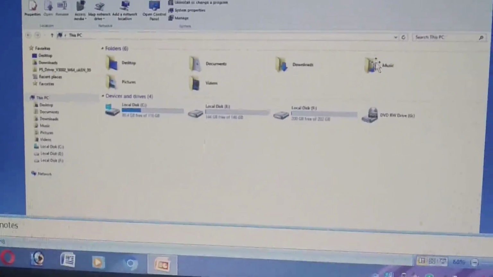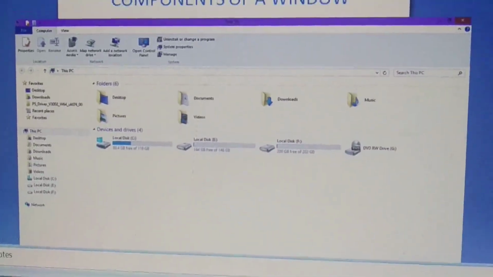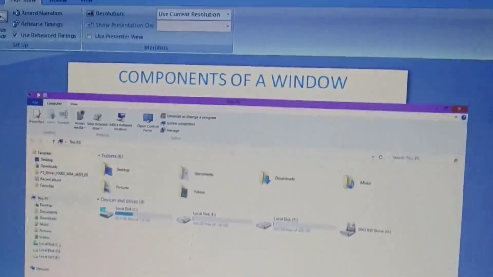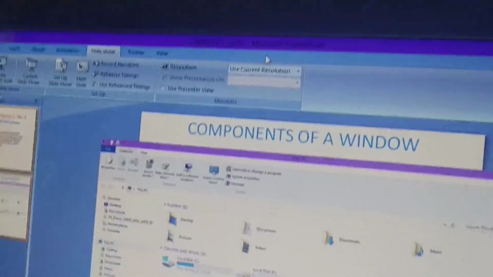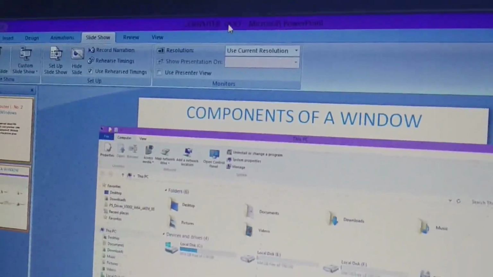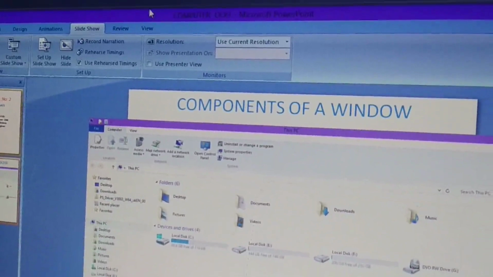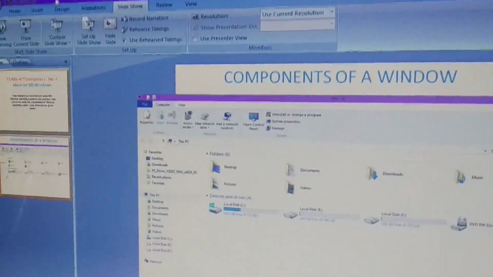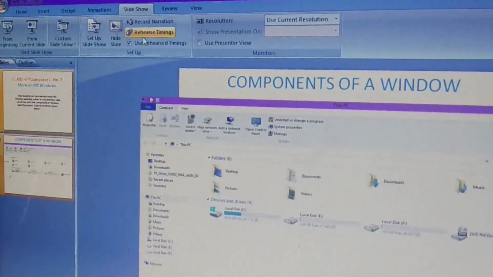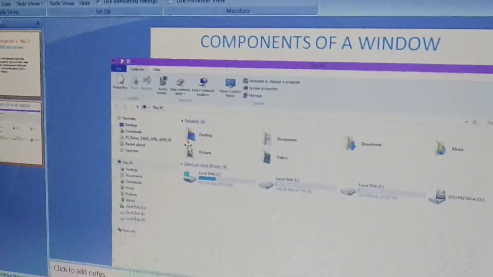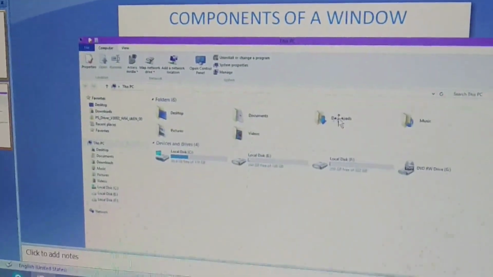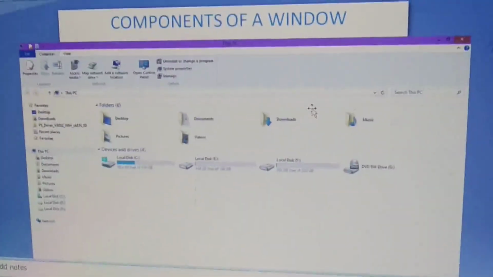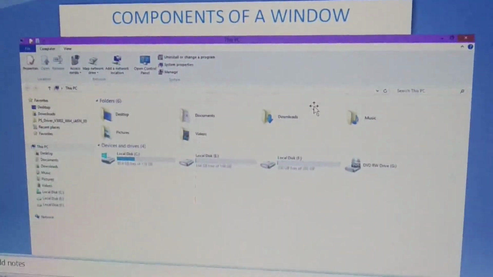And similarly, if we are talking about the window of PowerPoint which is opened this time, you can see Microsoft PowerPoint because it is the title of the software which we are presently using, and Computer 000 is the name of the file. And similarly, here you can see some more buttons. In our further classes we will go to these buttons. Actually this time I was only telling you about a particular window which is open in this slide and about its different buttons.